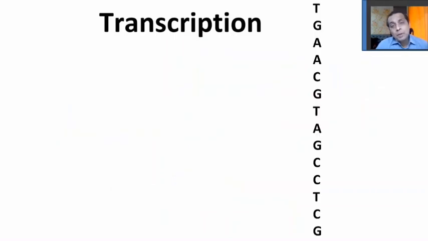Now, in transcription, DNA is going to make RNA. Now, when DNA makes DNA, the base pairing is specific. A pairs with T, C pairs with G. But during transcription, DNA is going to make RNA. So the same base pairing is also going to be specific, but during this process, if the DNA has adenine in it, it is going to pair with uracil, because in RNA, thymine is replaced by uracil. Cytosine is going to pair with guanine.